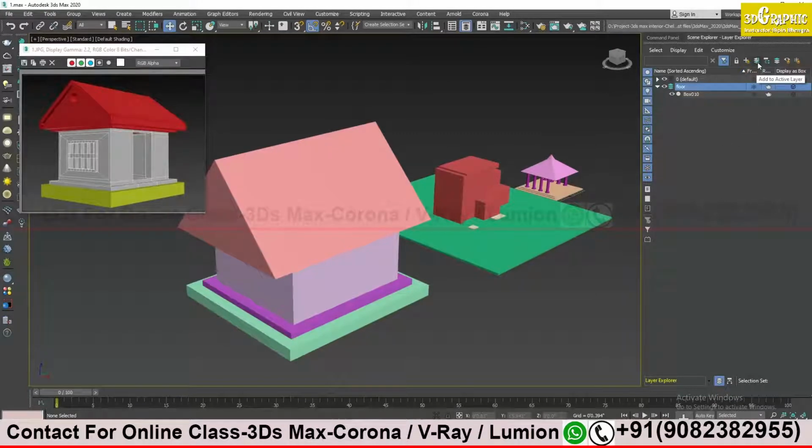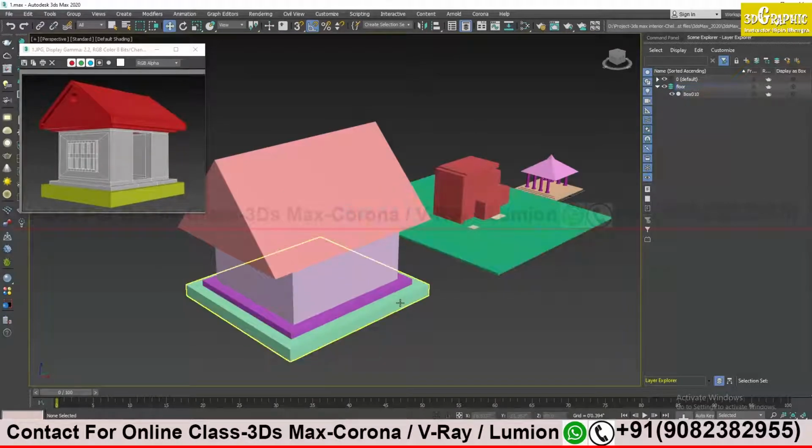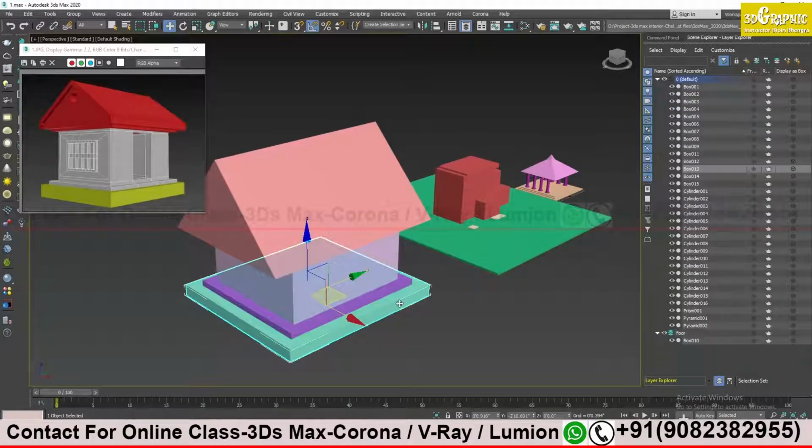Try to work with the top icon. Select our blank layer, create any object and put that object on that layer. I will do it once again. I will select another model from here and my floor layer is activated.